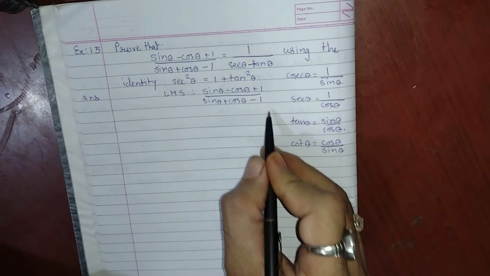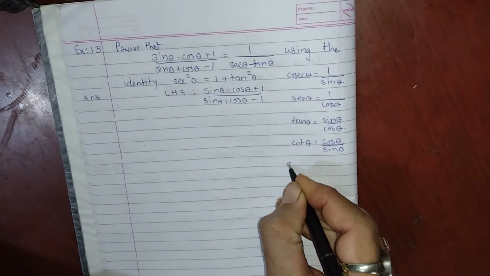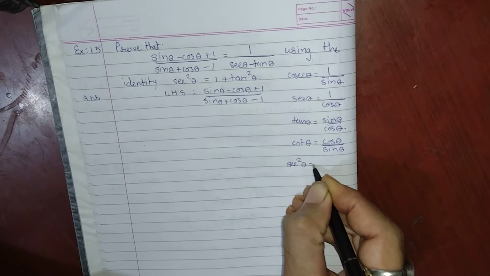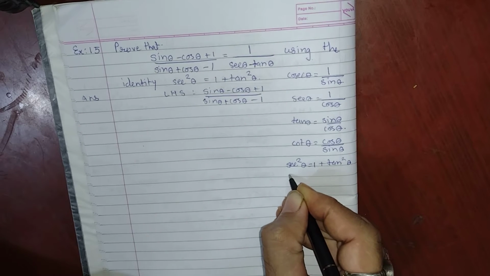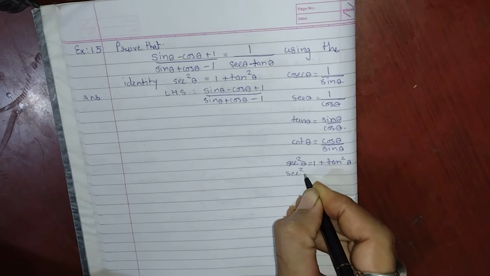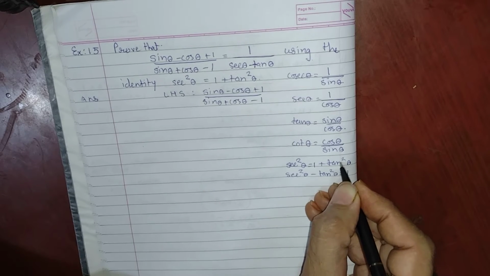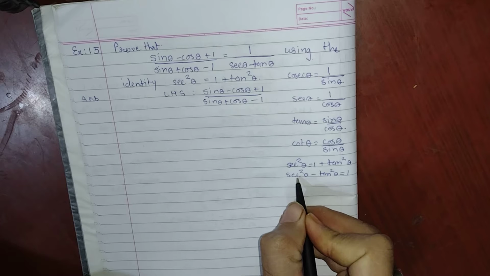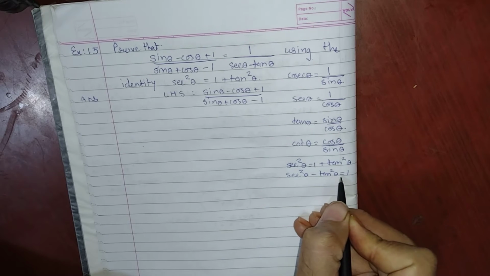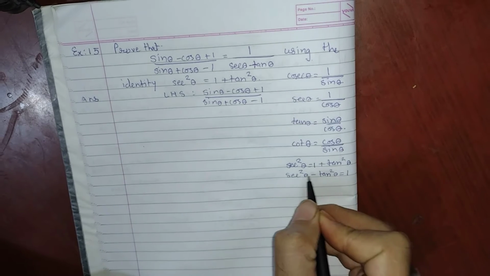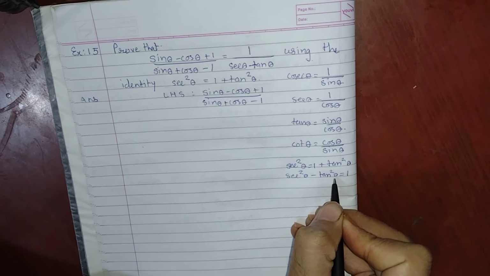So this identity we have to use by making it equal, and this identity also we will write down: sec square theta equals 1 plus tan square theta, and the other way we can write it, sec square theta minus tan square theta equals 1. We have shifted tan square theta to this side, so it becomes sec square theta minus tan square theta equals 1. I will use this here, but I have written it in advance, so later on you will be clear why we have written this.